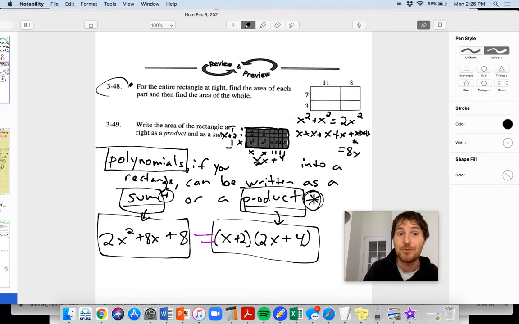So check this one out here. Let's do 348 real quick here. This is just to remind you, just to prove to you that if this is 2x plus 4 and then x plus 2 here, those multiplied together would equal this whole sum here. So they wanted you to do this one here, 348, first,